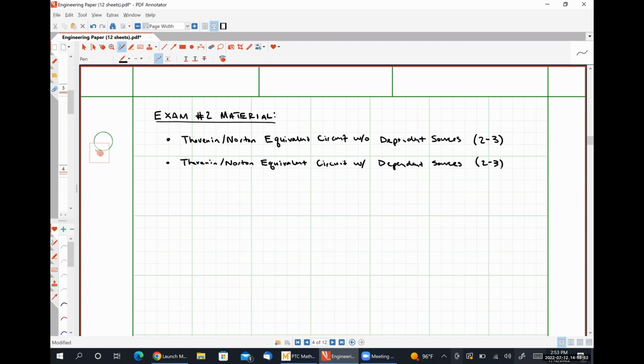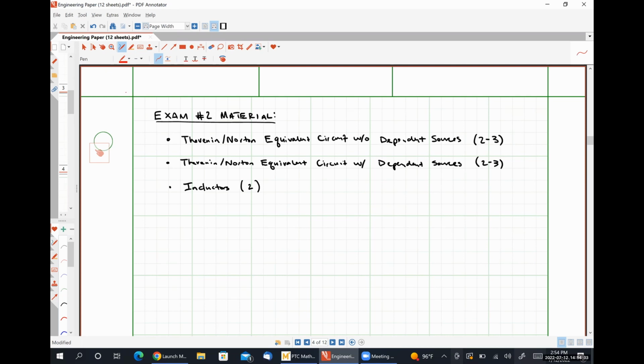But yeah, you should expect to see one circuit to analyze that doesn't contain dependent sources, and then up to 2 circuits to analyze that do contain dependent sources. And you're expected to know how to find the Thevenin and Norton equivalents of all of that. Then we get into our capacitor and inductor material. So inductors, let's call this 2 problems, and